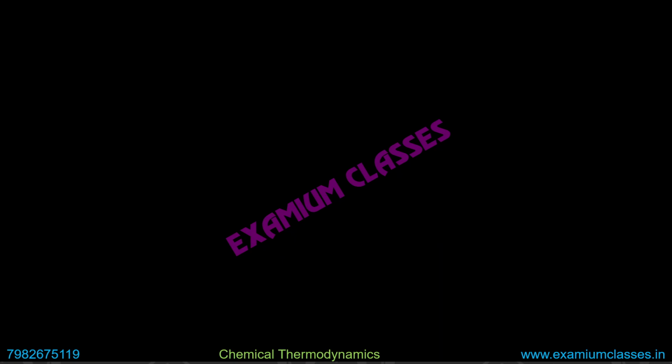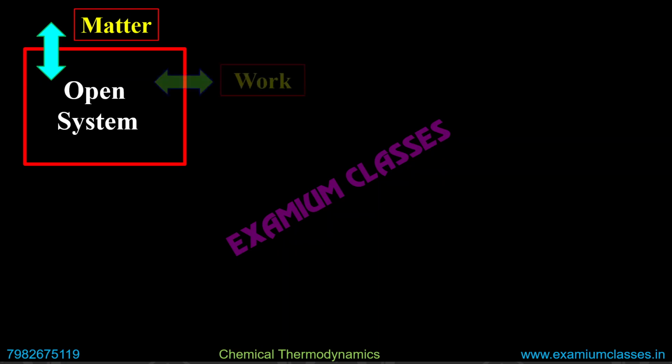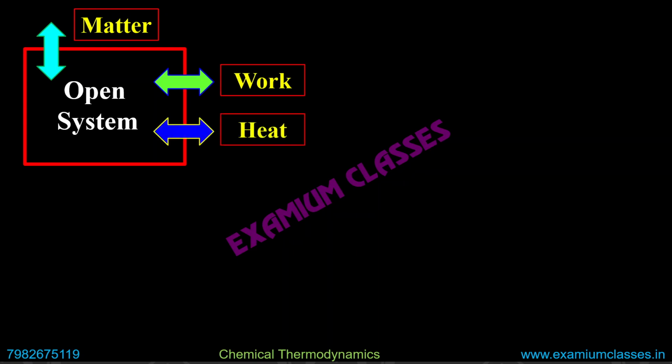Next, which types of systems will we be talking about? The first one is the open system. In an open system, matter, work and heat, all three can be transferred. So matter can go out or get in, for example steam can go out of the system. Work can be done on the system or by the system. Heat can get transferred into the system or from the system, depending on whether it is an endothermic or exothermic